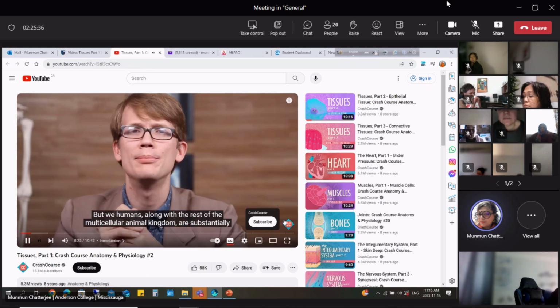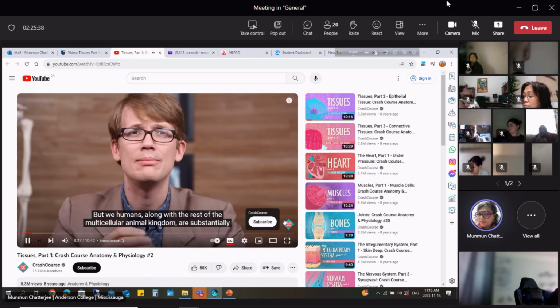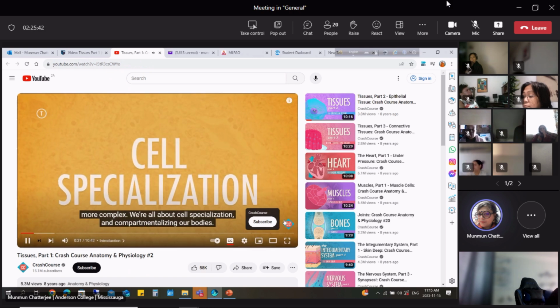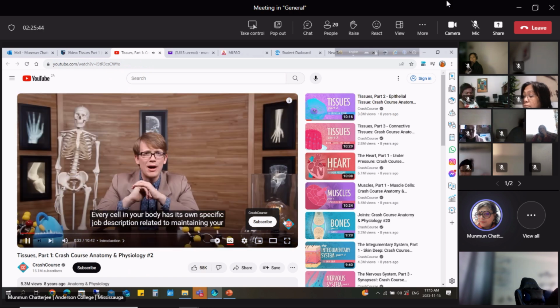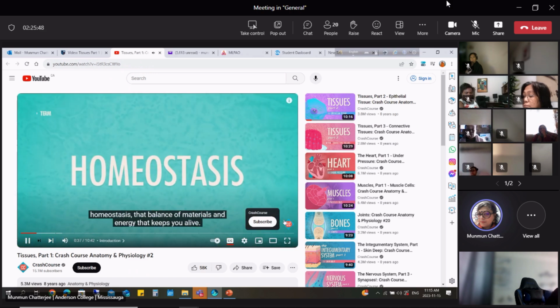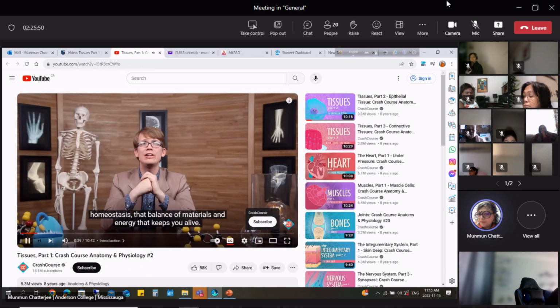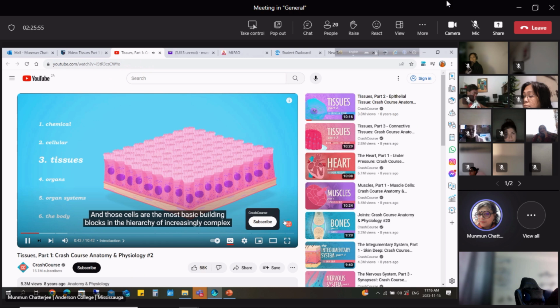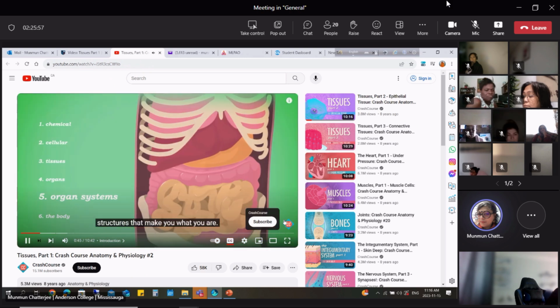But we humans, along with the rest of the multicellular animal kingdom, are substantially more complex. We're all about cell specialization and compartmentalizing our bodies. Every cell in your body has its own specific job description related to maintaining your homeostasis, that balance of materials and energy that keeps you alive. And those cells are the most basic building blocks in the hierarchy of increasingly complex structures that make you what